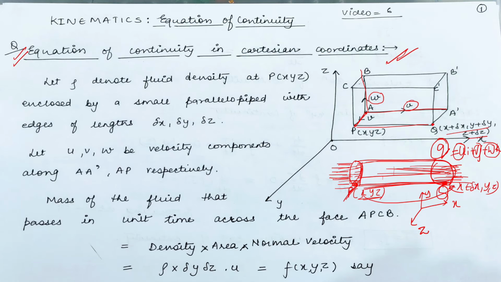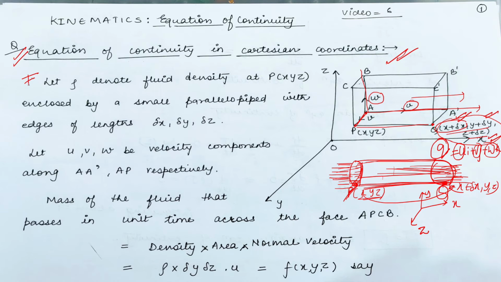Now, why have they written the increment in all? If the water is flowing only in the x direction, lengthwise, then we will only write x plus delta x. But if we take a point at a far distance on the parallelepiped, then there will be an increment in all the coordinates. I will explain that during this derivation also.